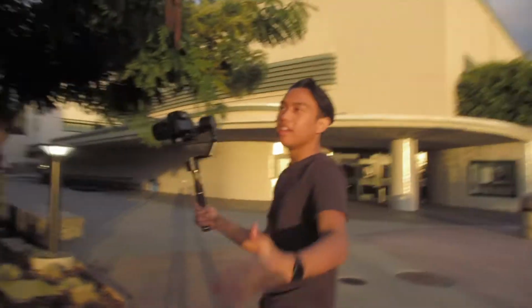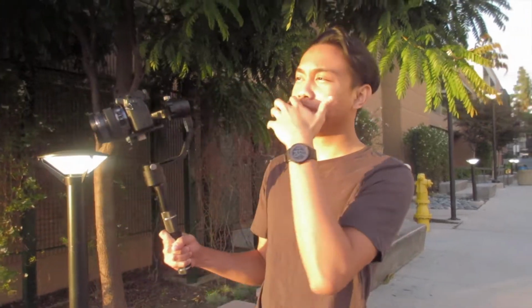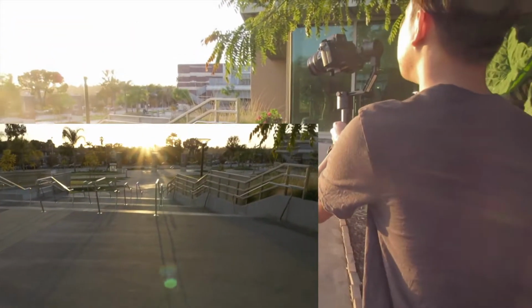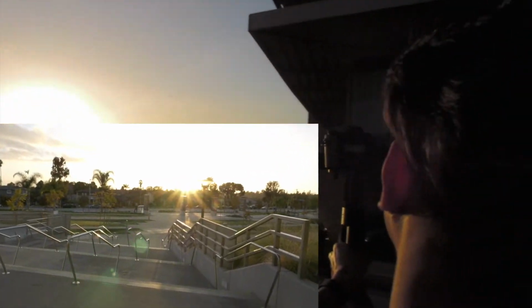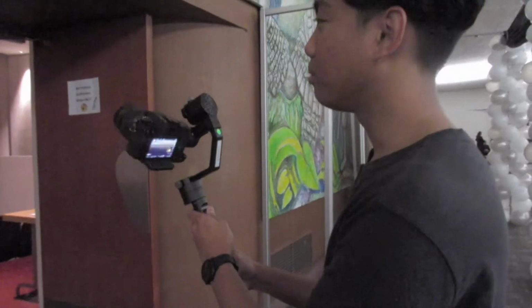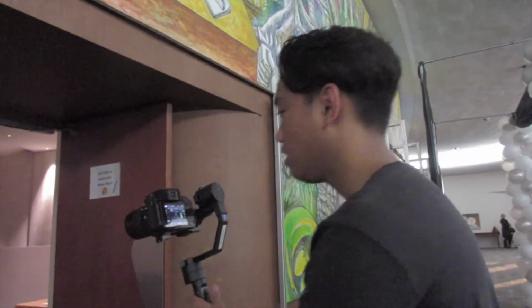A nice tip, things passing in the foreground helps the parallax. Parallaxing makes the shot more interesting, so if you can get something in the foreground, it's nice because the foreground moves faster than the background and just looks cool, so we'll try that. Gimbal on, focus, tilt down, and